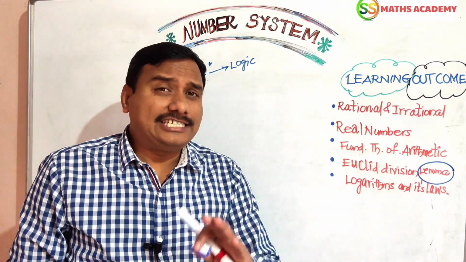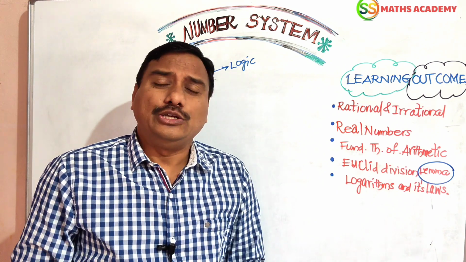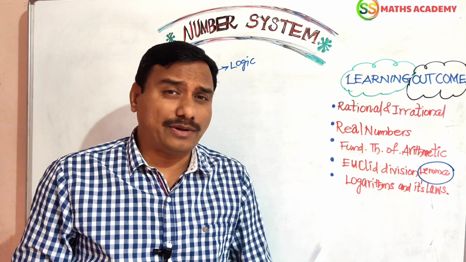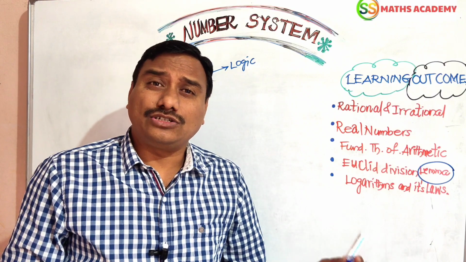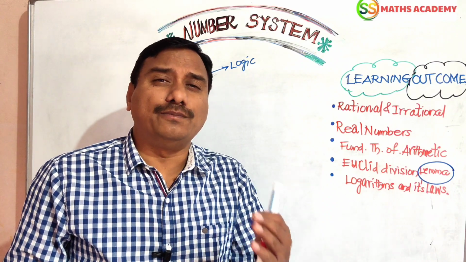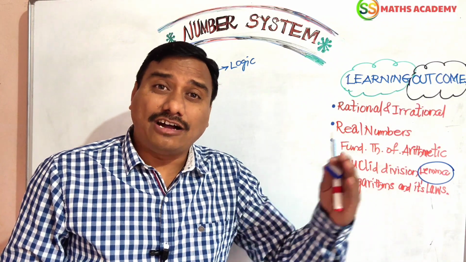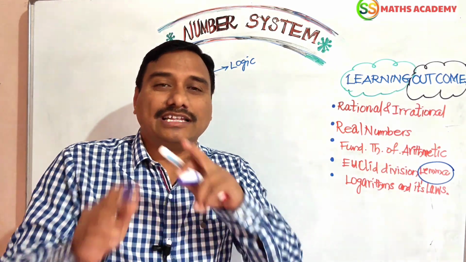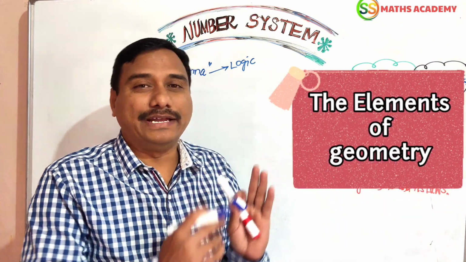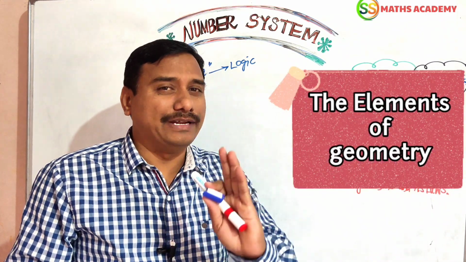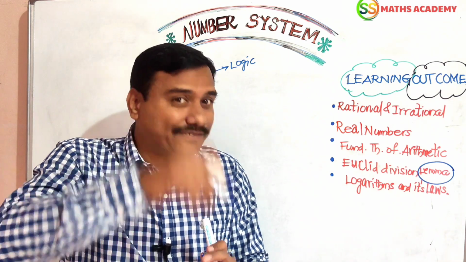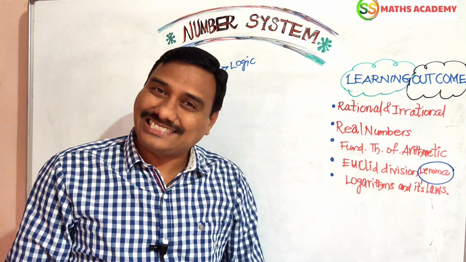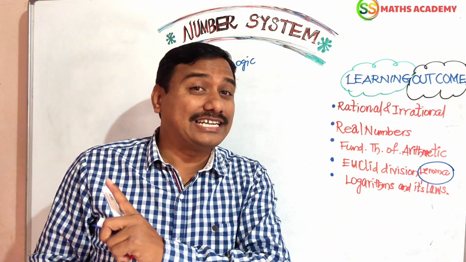We also have to know some history. Euclid is the father of geometry. He is a very famous ancient mathematician from Greece. He wrote 13 books in his life, and one book is called The Elements. In that seventh book, he mentioned the Euclid division lemma concept based on the Euclid division algorithm.